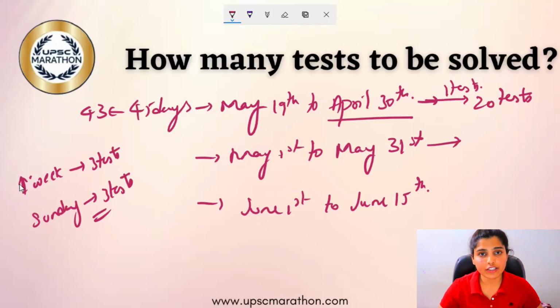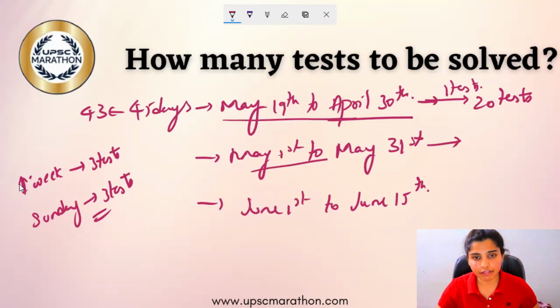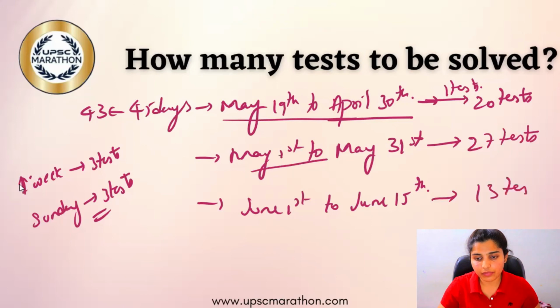And in the second cycle of revision, you are supposed to write a test every day because you have already done with the first cycle of revision according to our strategy that we have discussed in the previous video. So you are done with your static part and current affairs. Now you are in a position to attempt a test every day excluding Sundays. Fine. If we eliminate 4 Sundays, let's consider here we're going to write 27 tests. So here we're done with 47 tests, and in this we are supposed to write 13 tests. So done with 60 tests. It is not just about writing a test and analyzing the test.